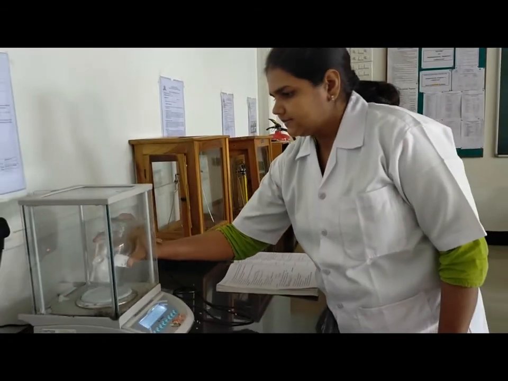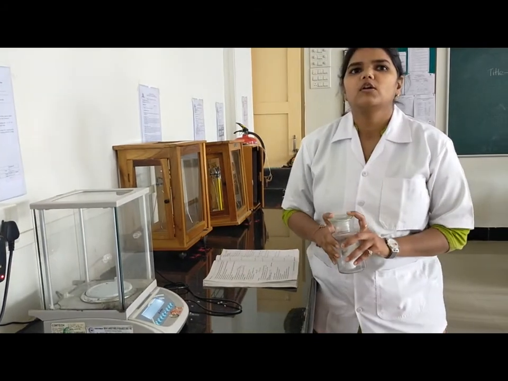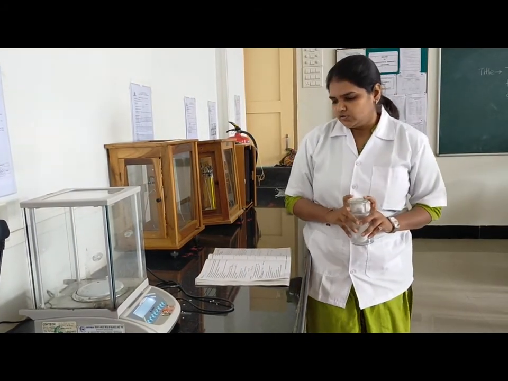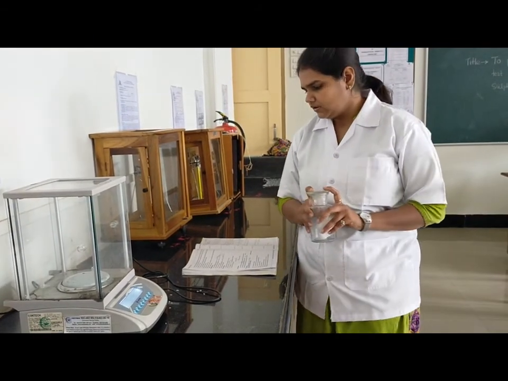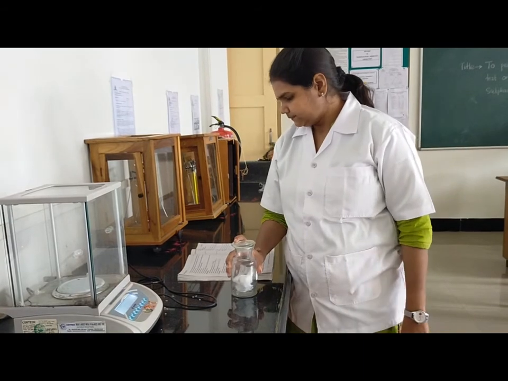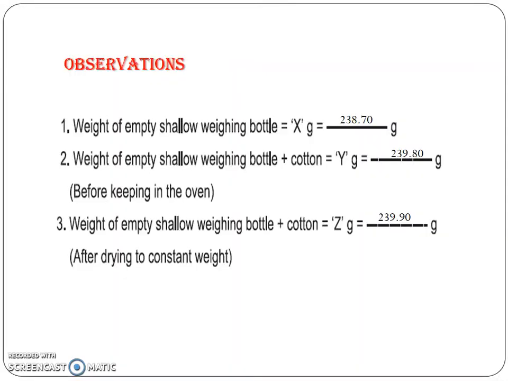All the readings: weight of the empty bottle, weight of the bottle with cotton before drying, weight of the empty bottle plus cotton after drying. So now we move ahead to the calculations and we will calculate the percent weight by weight LOD, that is loss on drying. So that's okay. Now let's move to the calculation part. I will calculate how much loss on drying is there for the absorbent cotton. So after performing the practical with proper procedure, we have got the following observations. Okay, so now what are the observations we have taken?